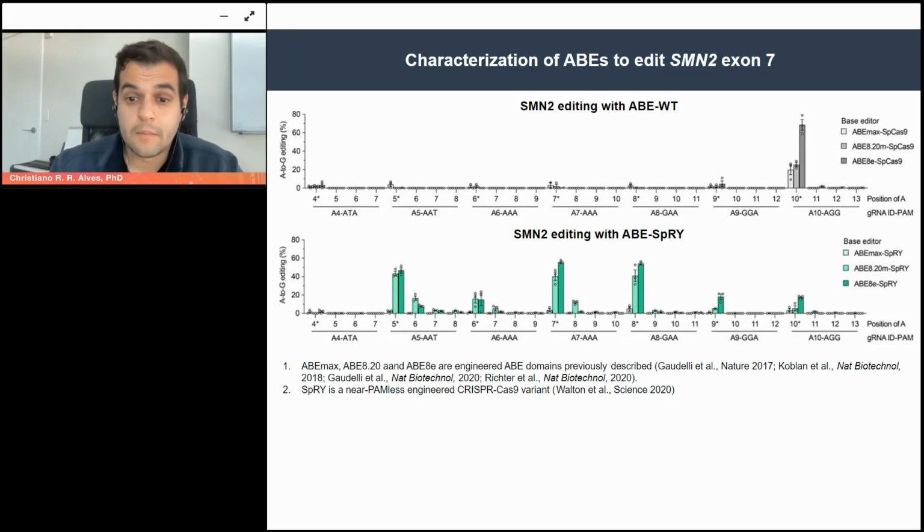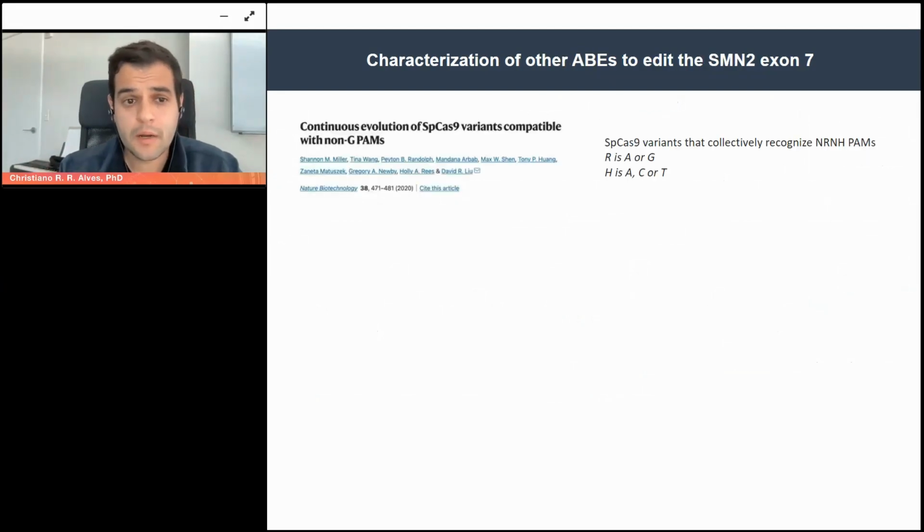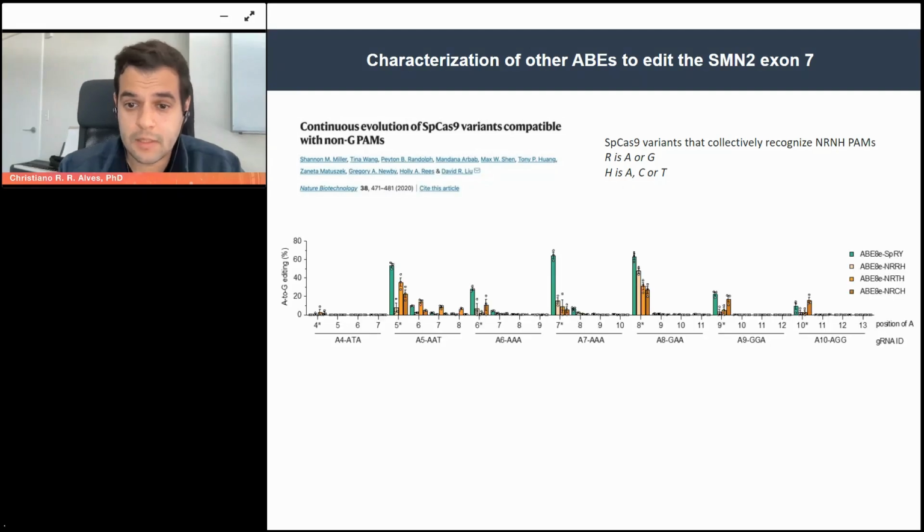So the bottom line of this slide: using simple human cells, these are HEK cells, our workhorse to have a model to develop these technologies, we can see that we can precisely edit a single base that we are interested in at that specific challenging site. Also, we compared this with other enzymes, for example, those developed in David Liu's lab. Using guide A8 in this graph, we see that SpRY is still super highly efficient, better than those other enzymes in this experiment.